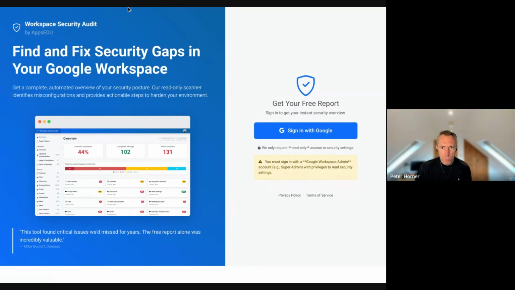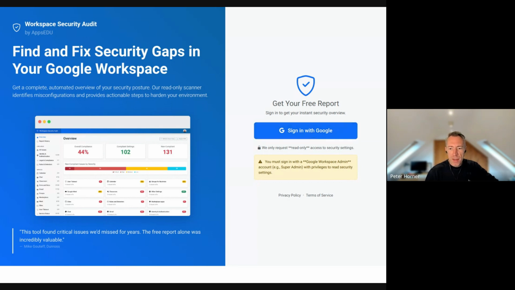As many of you know, and we've probably done this for many of you as well on a call, security audits, we've done many now for hundreds of schools. It's taught us lots about security, and we've helped schools improve the security of their Google Workspace domains immensely over the years. So we wanted to make that service more accessible, help automate it, and reduce the cost of that as well. So we've been building this new tool, which if I sign in, what this enables us to do